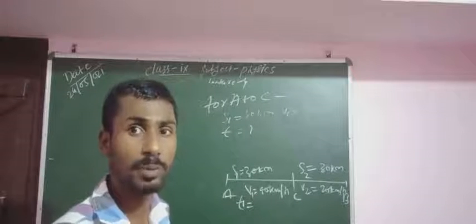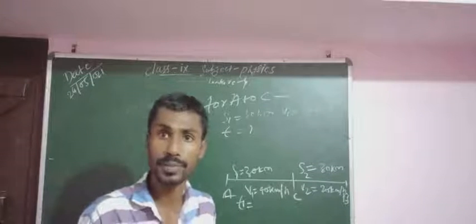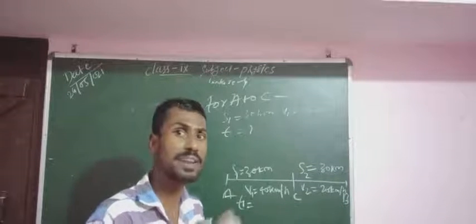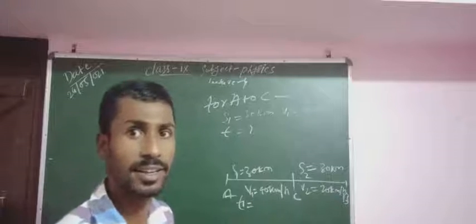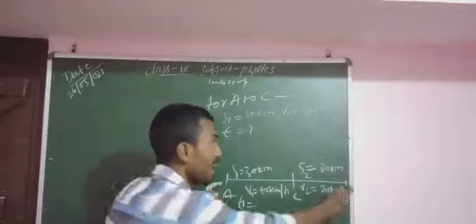Suppose I am going to Katihar from Barsoi. Suppose the distance between Katihar and Barsoi is X. So the entire length X